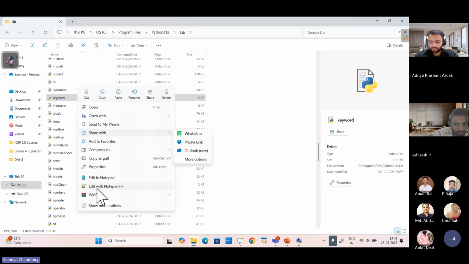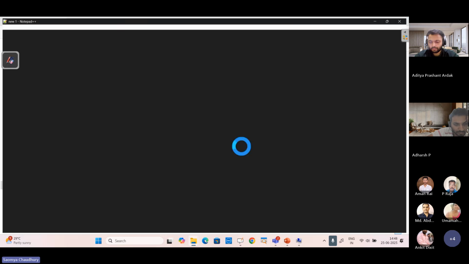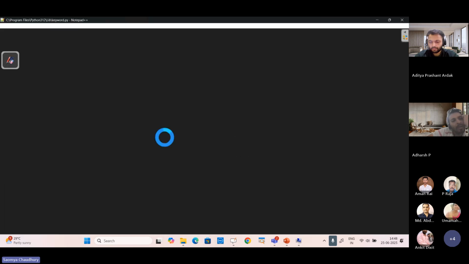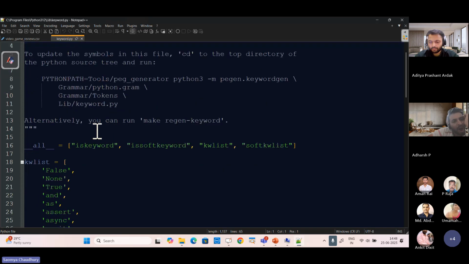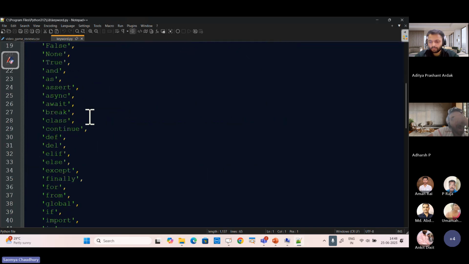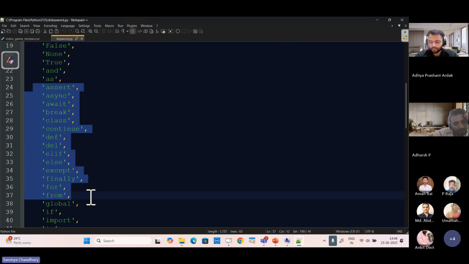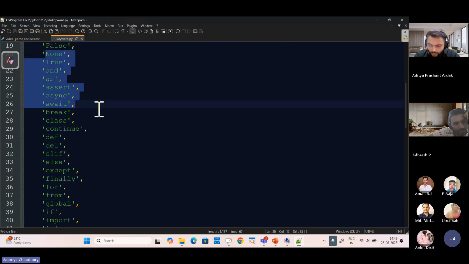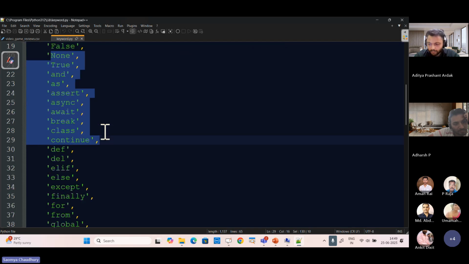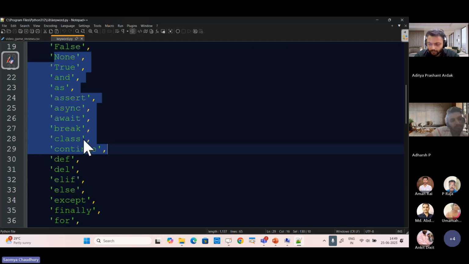So let me show you this particular thing here, which can help us. You can see this particular file actually contains all of the things which we just talked about. These are the list of keywords in the context, right? You can see that it is a list. And you can see all those special names which cannot be used in the context of a variable. So the idea here is to introduce you to the fact that